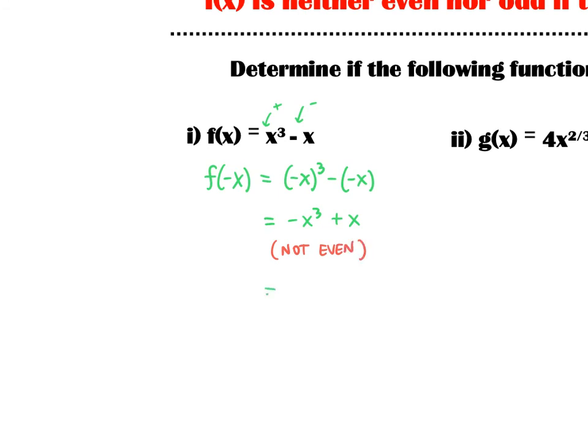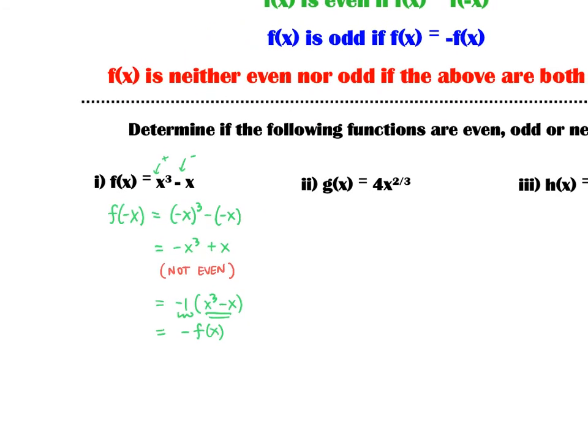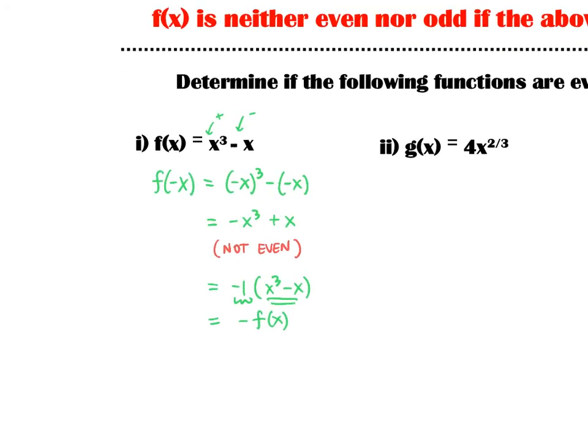Now I'm going to take a next step, and typically your next step should be, let's take out a negative 1. If I take a negative 1 out, I get x cubed. If I take a negative 1 out of the second term, I get a negative x. And what's cool is I've got a negative 1, and then I've got f of x. So this is negative f of x. And based on this idea of f of x being odd, if f of x is equal to negative f of x, which I've shown algebraically,